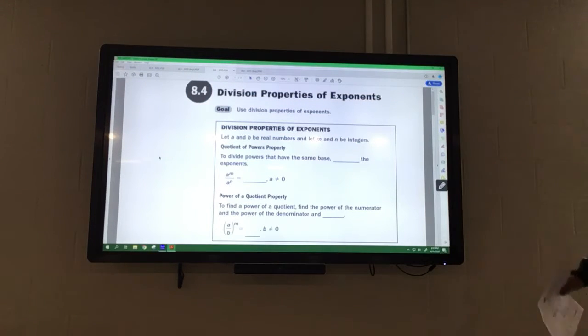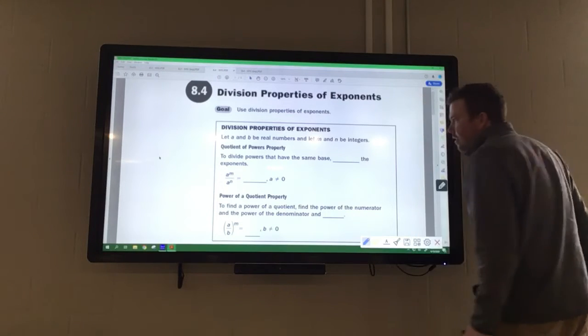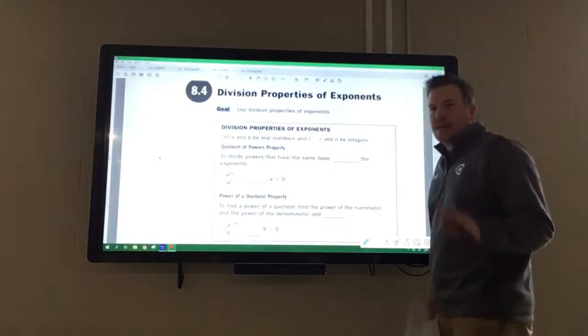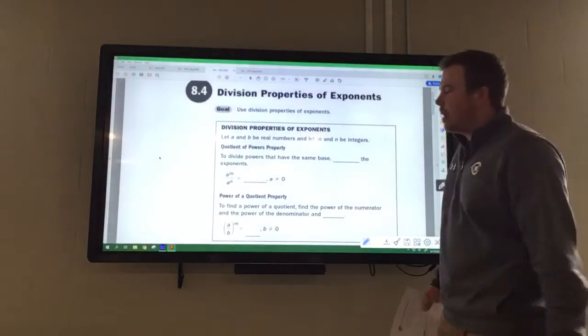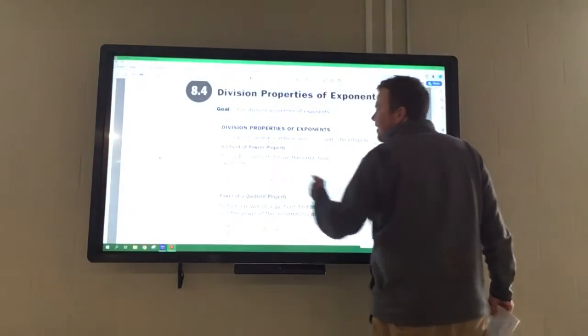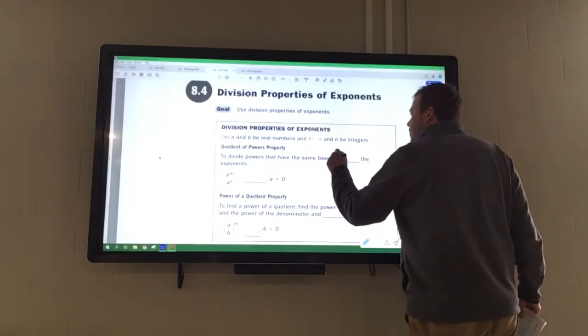Let's first take a look at the properties here. All right, so the quotient of powers property, and again, don't worry, I'm not going to have you memorize the names of each property. You just need to know how they work. So for instance, this one, when we divide powers that have the same base, we are going to keep the base and we are going to subtract